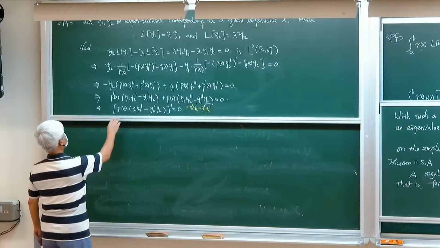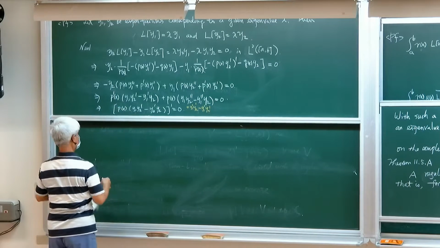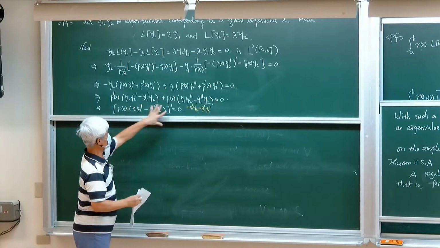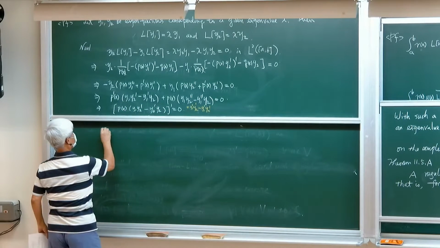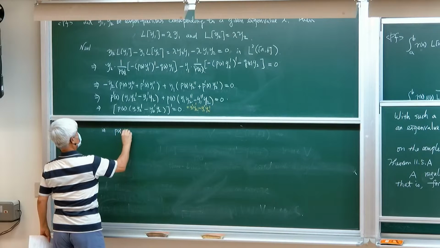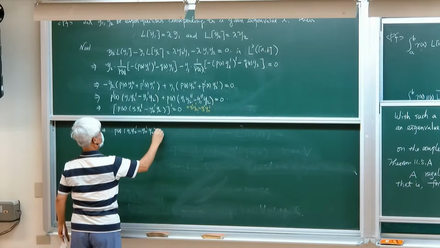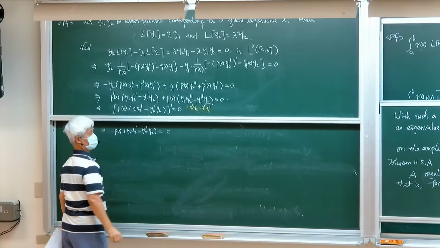So the derivative is 0. When you integrate, this is the derivative of that, so that implies that P of x times y1 y2 prime minus y1 prime y2 is a constant C,